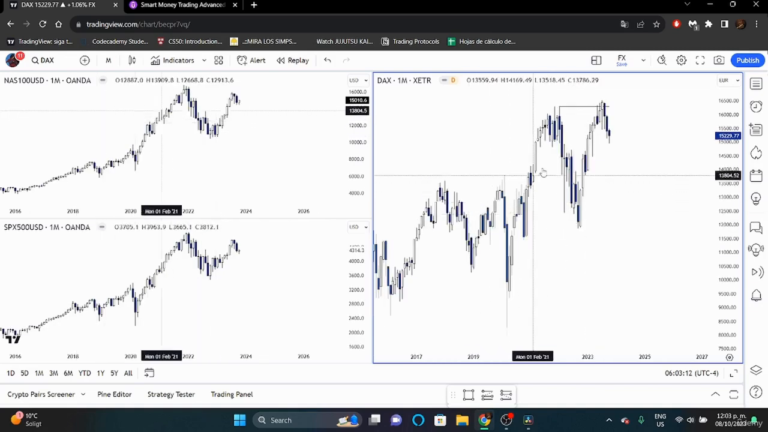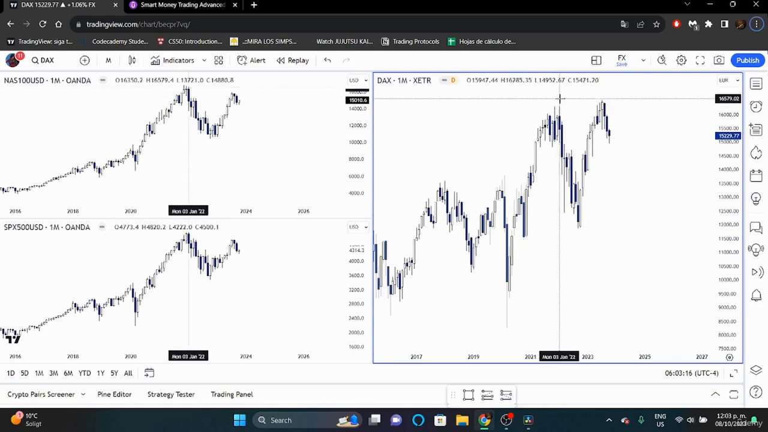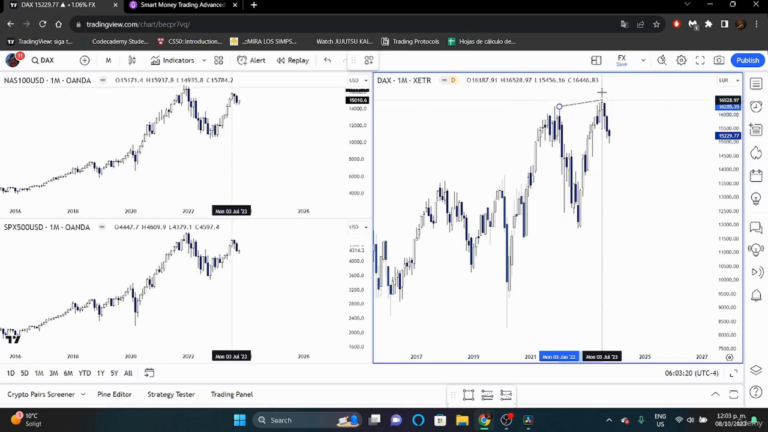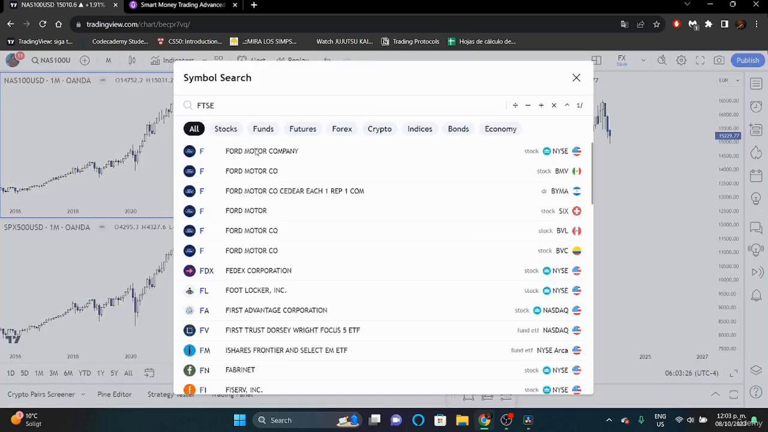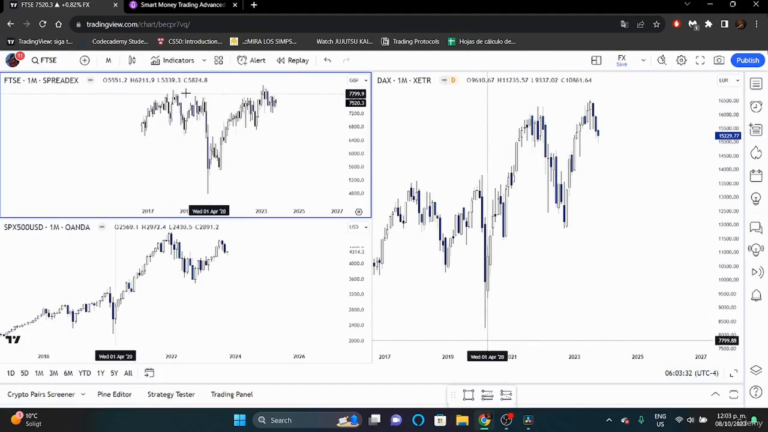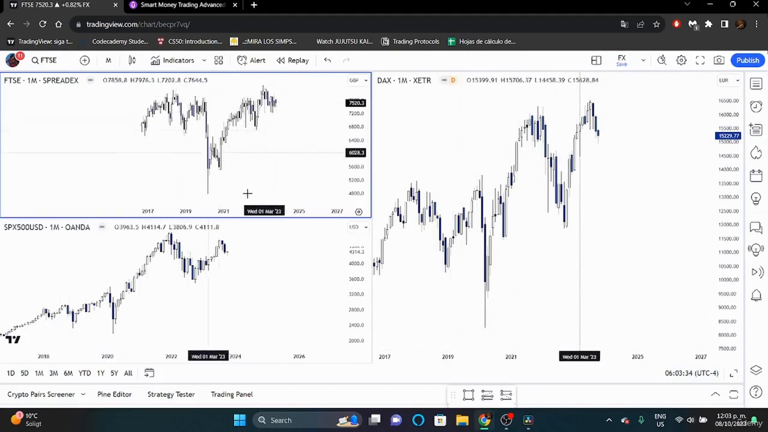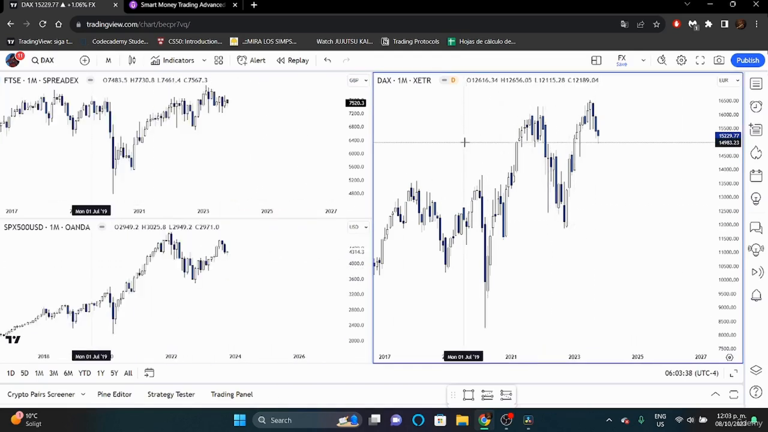I don't really use DAX for SMTs, but the DAX is making a higher high, and these ones are not really making a higher high. Okay, now let's go to the FTSE. FTSE is making a higher high as well, and the American indexes are not. Am I bearish on American indexes? Well,